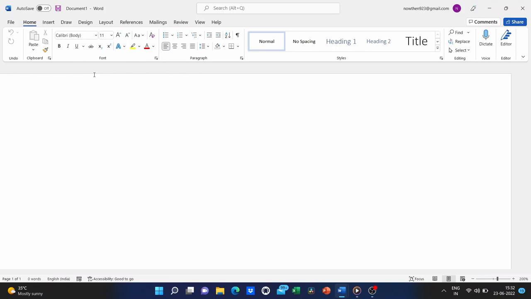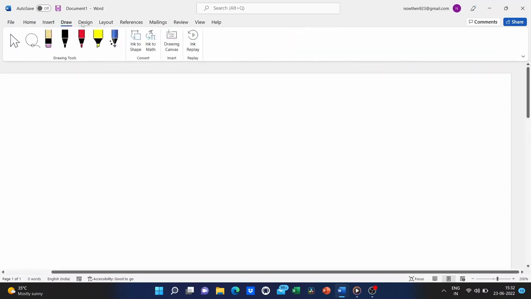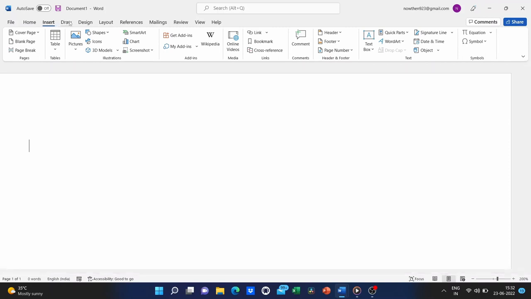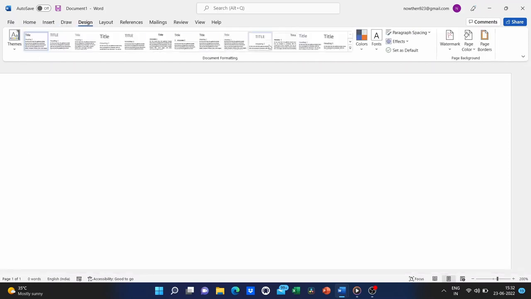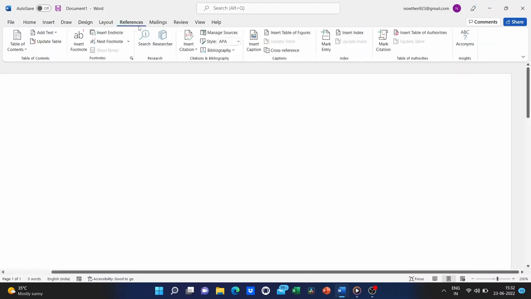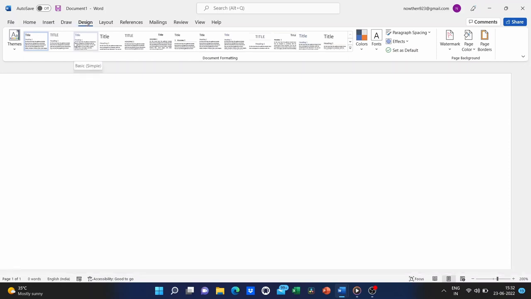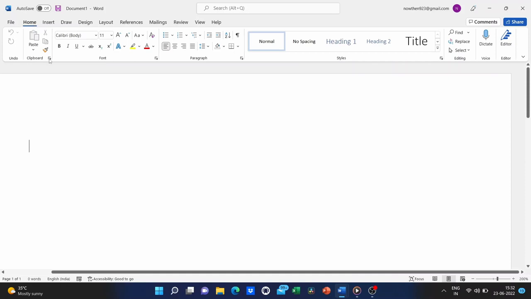You will notice that across the top, we have tabs. We have the Home tab, Insert tab, Design tab. And this is very similar to Microsoft Excel and also Microsoft PowerPoint. If you have watched my other tutorials, you already know about this Microsoft Office layout. But for those who maybe haven't watched these other tutorials, just a quick intro to each of these tabs.